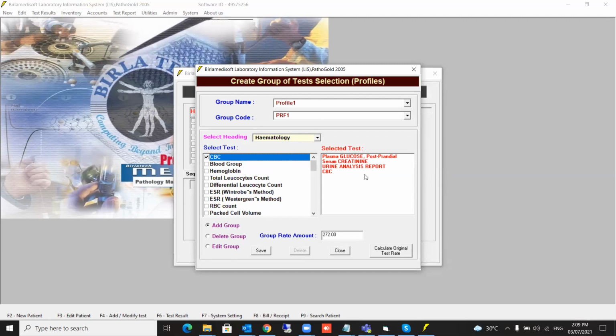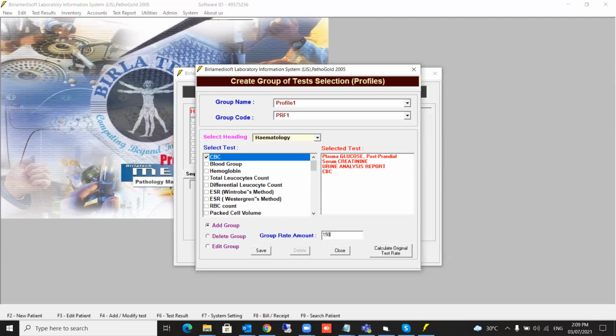Now, for all these tests, you can give a concession. Actually, these tests have individual rates, and here is the group rate amount. The entire rate for all these tests is a total of 272. But now, if somebody wants this as a concession, they want to say, I want to charge 150 for all these tests. So you can give a group rate amount.